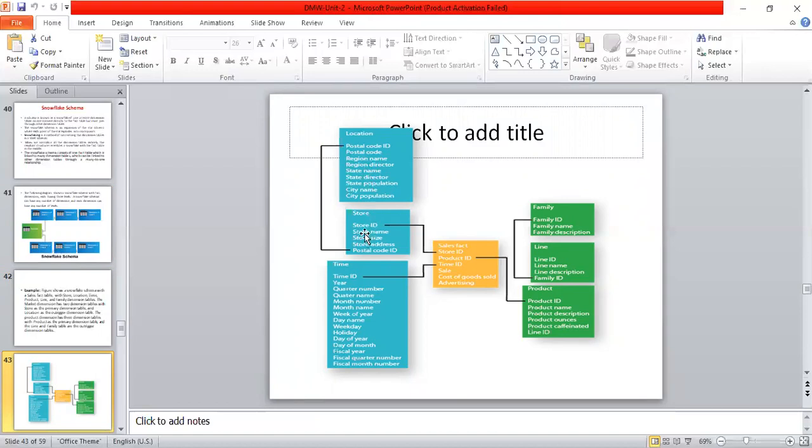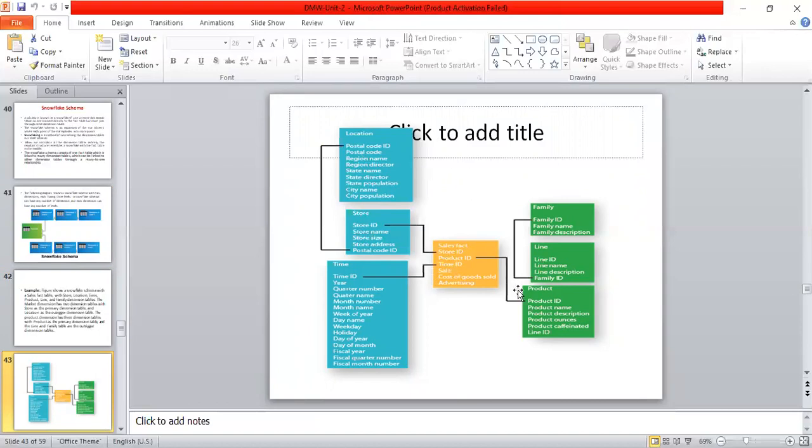Location का. Now store ने क्या किया है, उसका की जो है वो store id में है. मतलब the location and sales table are not connected directly, it is connected via the store table. Got it? Means the primary key of location is in the store table, and the primary key of the store table is connected to this fact table.